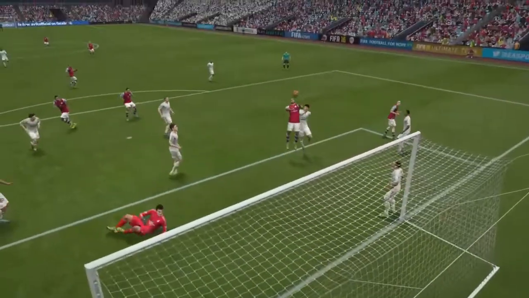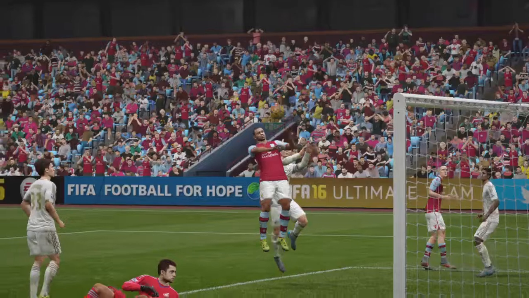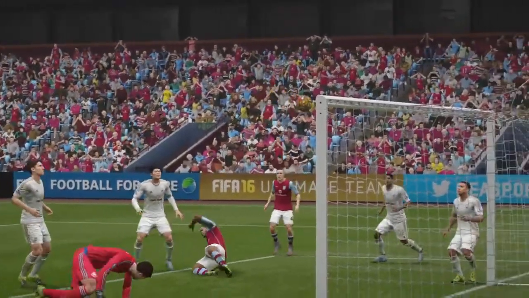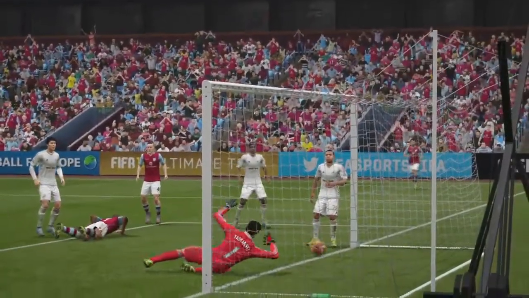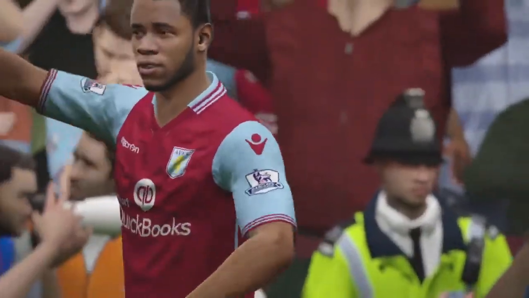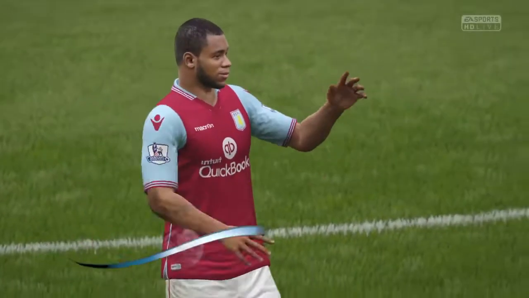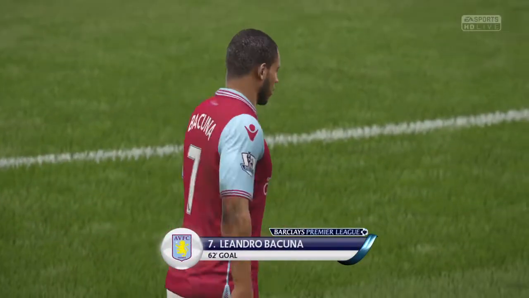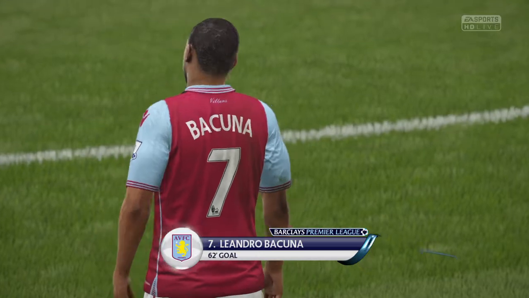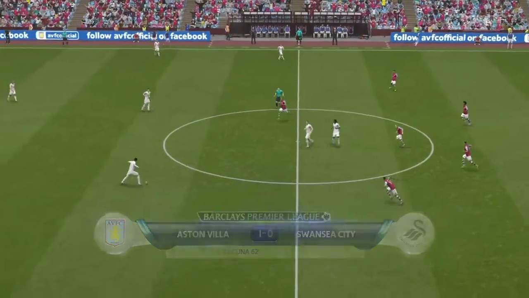Let's see the replay now. Well, that was the opening goal. We've had to wait to the second half to get it, but it's come now.